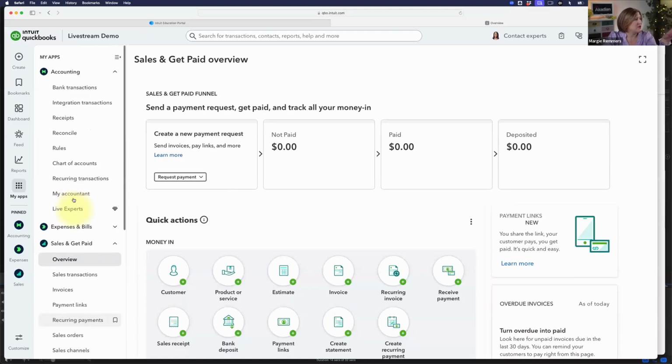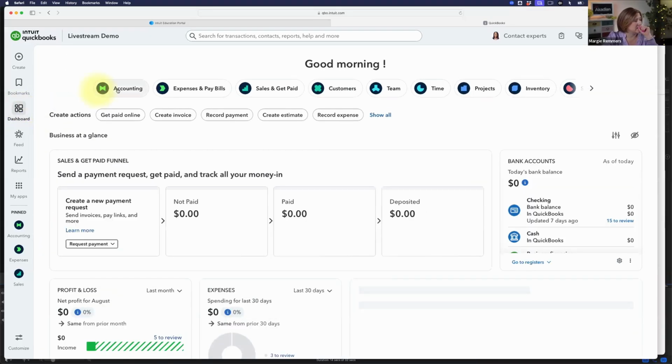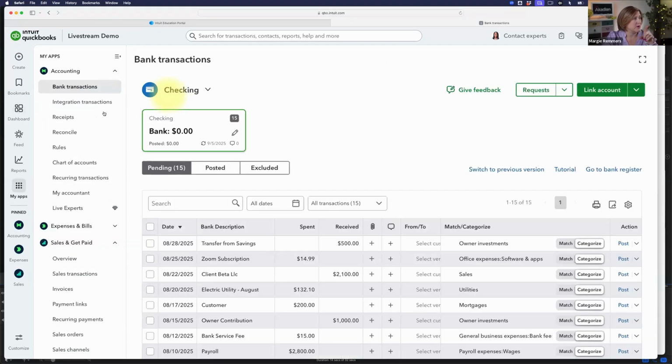So I should have pointed out, let me go back to the dashboard here, that when you click on one of these agents, so I have to get used to that terminology, when you click on one of these agents, it opens up its own menu. So when I clicked on accounting before, it opened up, oh, I'm sorry, I've been saying agents.